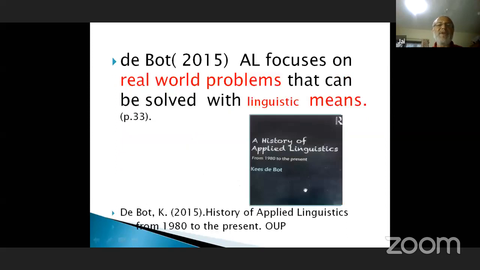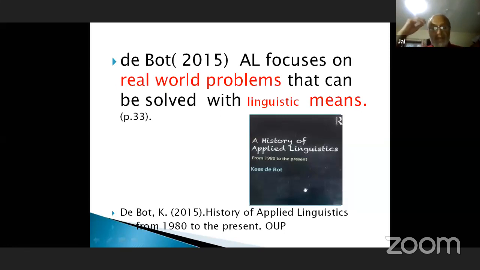Then another definition, which Debord gave in 2015, is: applied linguistics focuses on real-world problems that can be solved with linguistic means. So language becomes a tool to solve real-world problems. Please read this book. This is free access. You can download it. It is the history of applied linguistics from 1980 to present, published by Oxford University